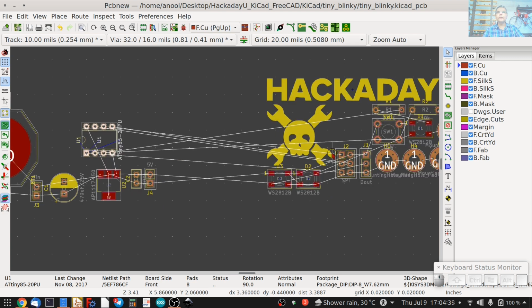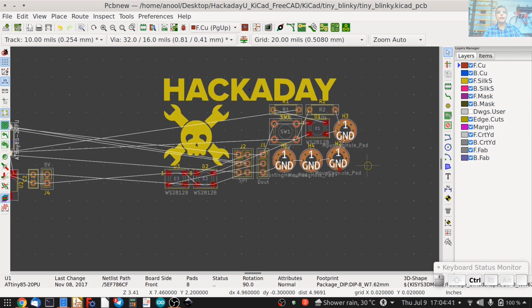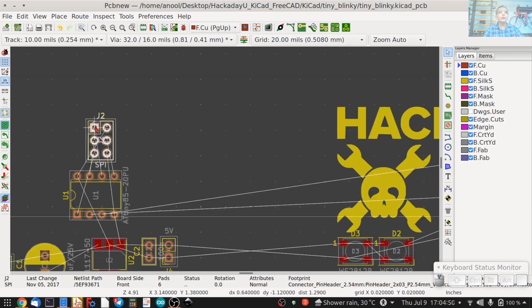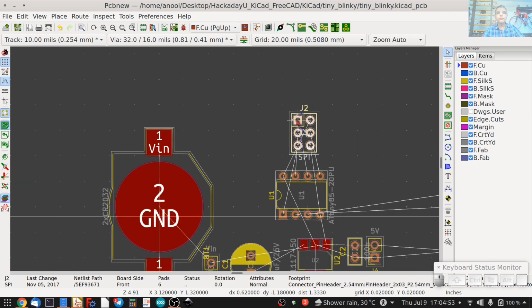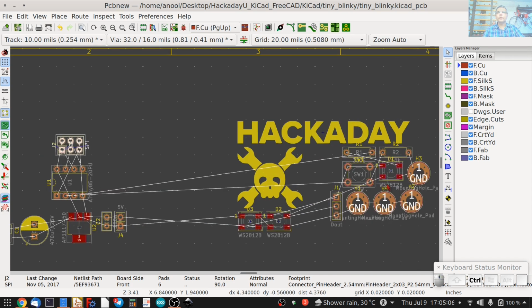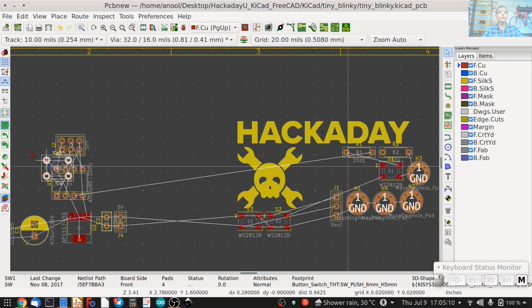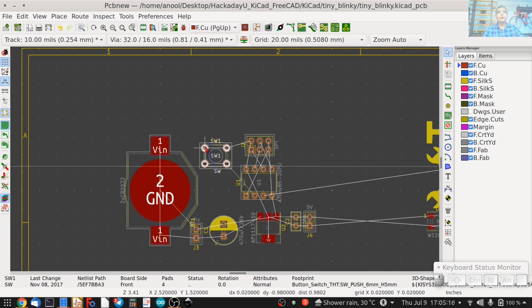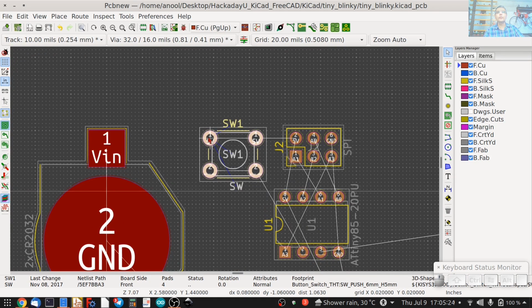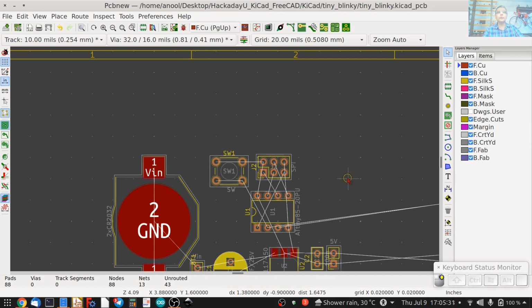The next item would be the programming header, so let's get that. PI header J2, click on it once, M to move, bring it here, and maybe again rotating it 90 degrees, so kind of leave it here. Next, let's get the input part done. So here's the switch, click on the switch once, move. So I decide on where a part needs to be depending on how the air wires show me the connections. So a lot of decisions you do on the fly. Put it over here, click it once, and that's the switch.